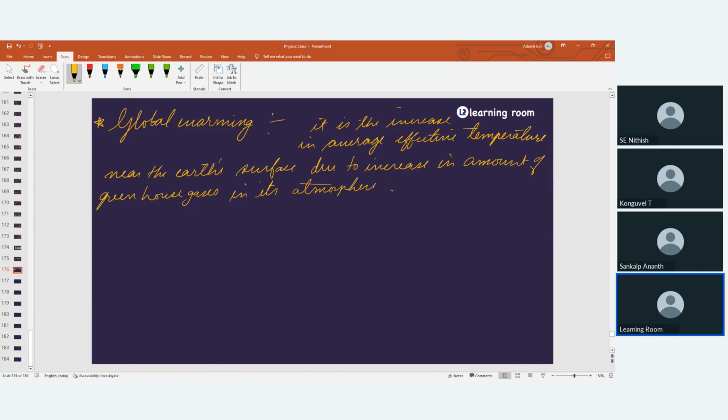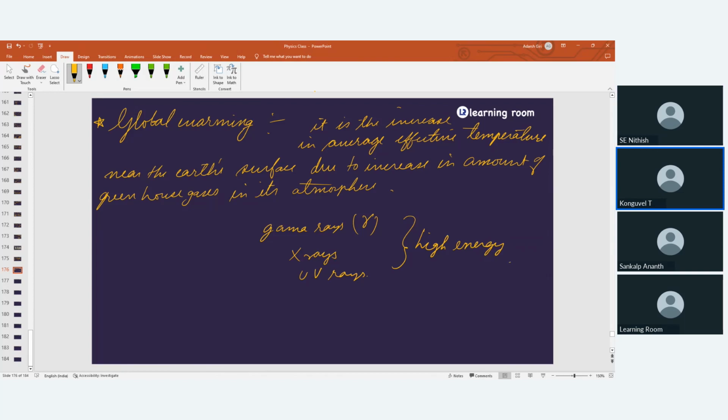Okay. So according to the statement, what do we say? Gamma rays, that is denoted by this sign, then X-rays, then we have UV rays. These are high energy rays. High energy means